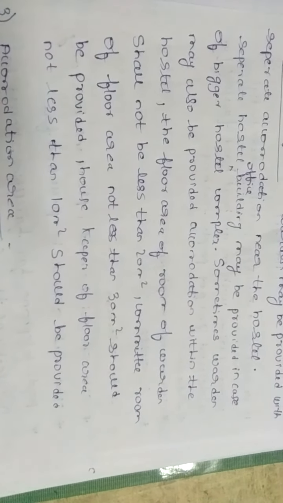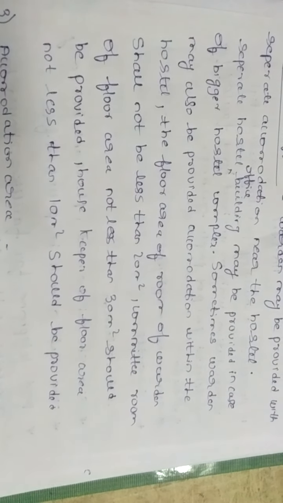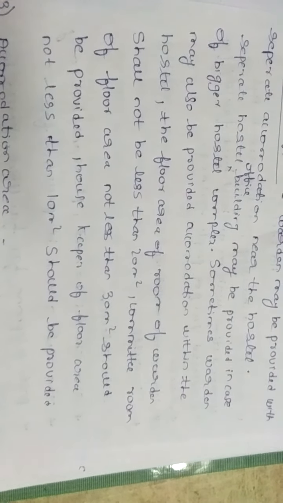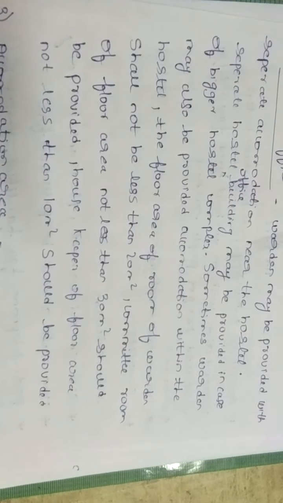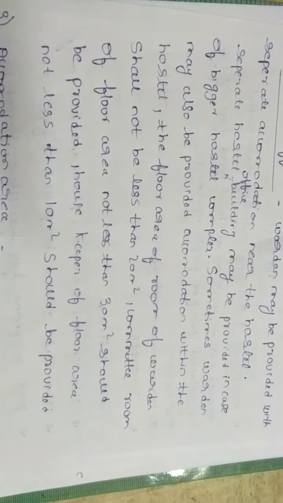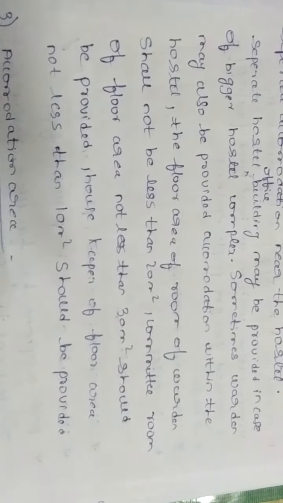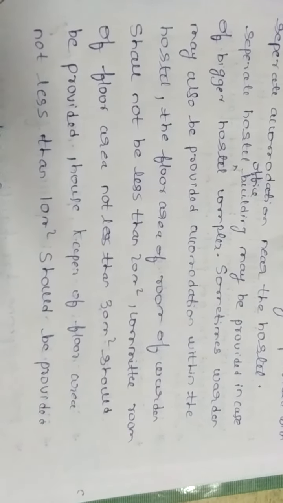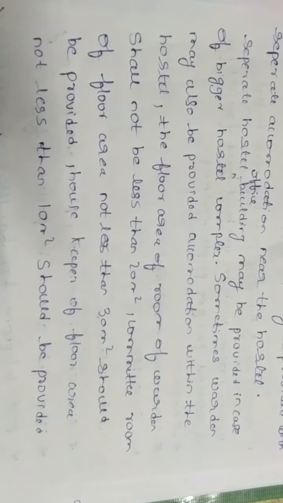Then coming to the committee room, wherein officials of the hostel can sit and discuss different topics related to the hostel, that committee room should not have an area less than 30 meters square. And also the housekeeper, so the cleaning items are all kept in the housekeeping store, as we know. The housekeeper takes care of all the cleaning and of the storehouse of that hostel building, so the area given to him or her shall not be less than 10 meters square.